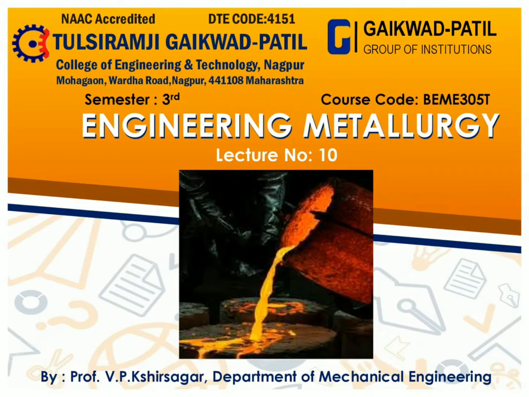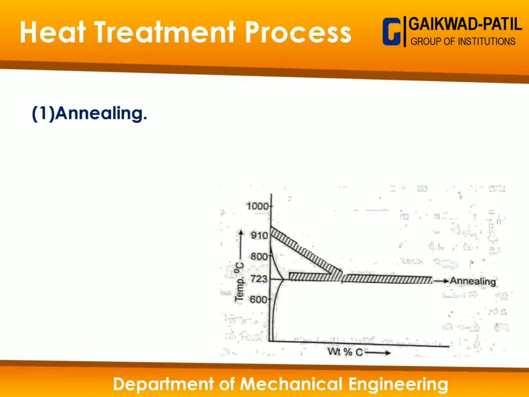As we have seen in the previous lecture, there are a number of heat treatment cycles in the eutectoid system, like the annealing heat treatment cycle, hardening heat treatment cycle, normalizing heat treatment cycle, spheroidizing heat treatment cycle, and stress relieving heat treatment cycle. So let's start to see what the annealing heat treatment cycle is. Annealing is a very popular heat treatment cycle used in industry. Basically, it is used to restructure the hardened metal to increase its machinability.